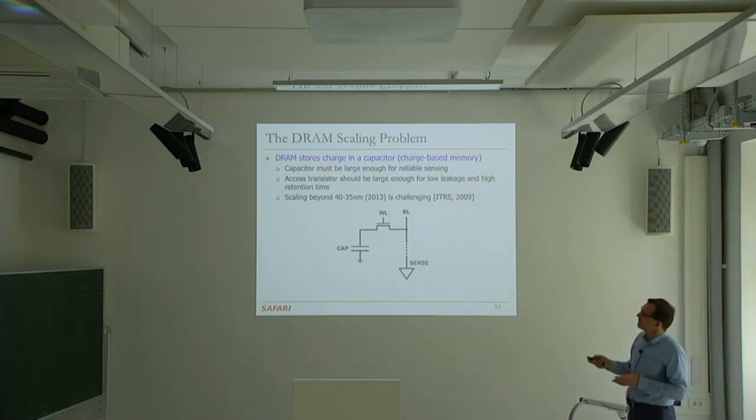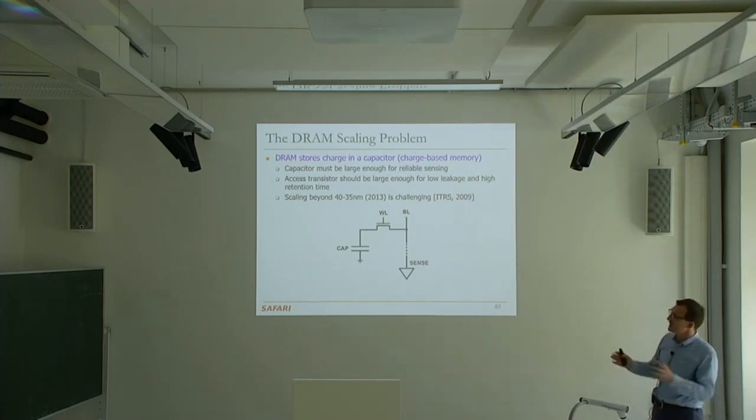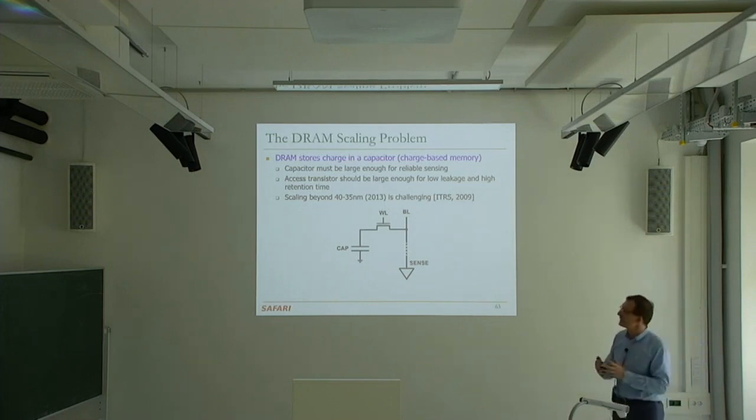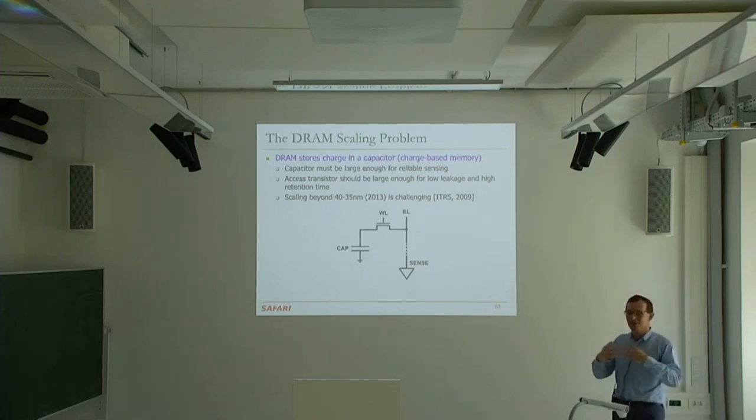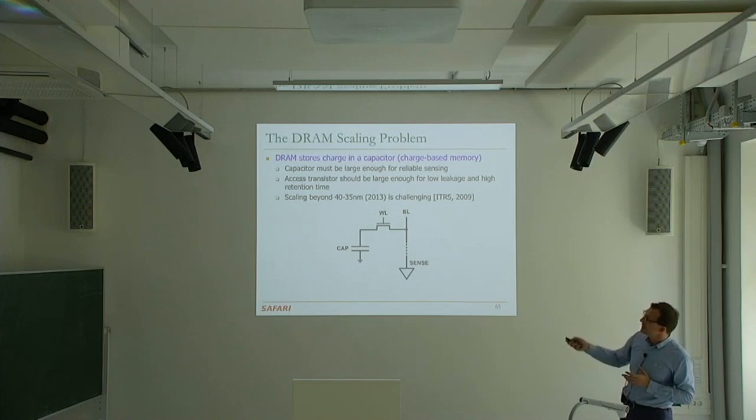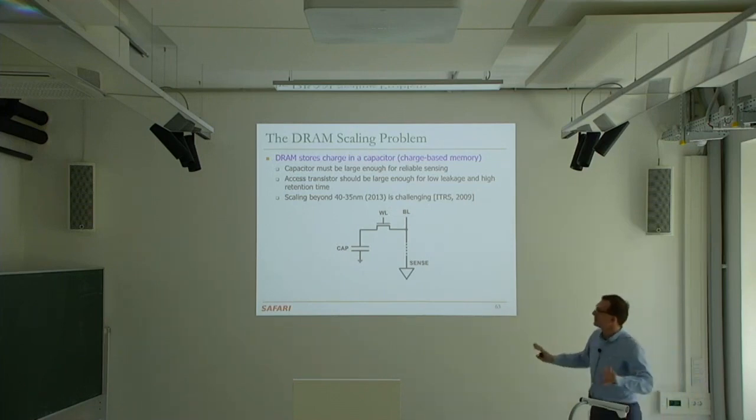Essentially, if you want to scale the technology, you want to reduce the size of a cell. So what does this mean? Since this course is about memory, in my opinion, different types of memory technologies have similarities. For example, for any memory technology to work, you need a reliable storage device and a reliable access device. If you don't have both of them, then your memory will not work.